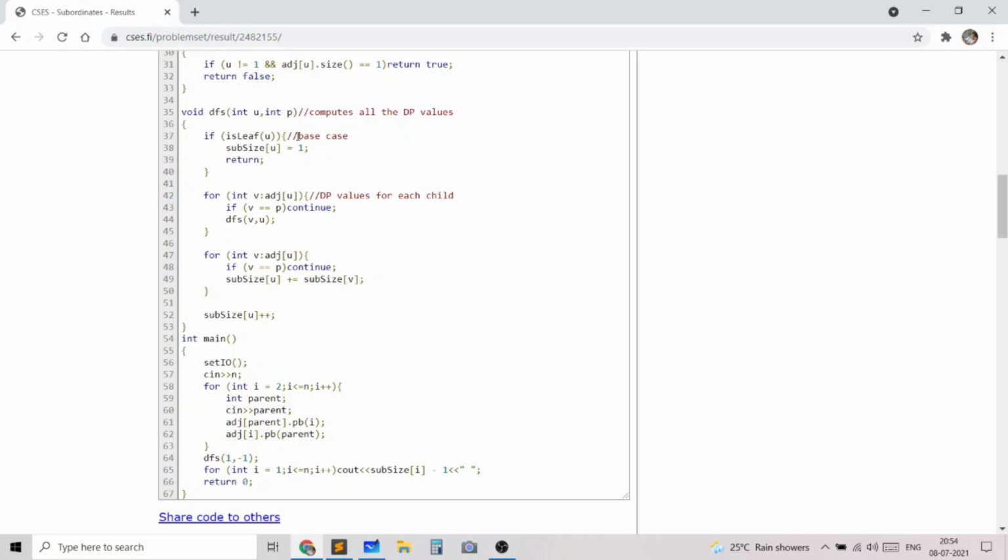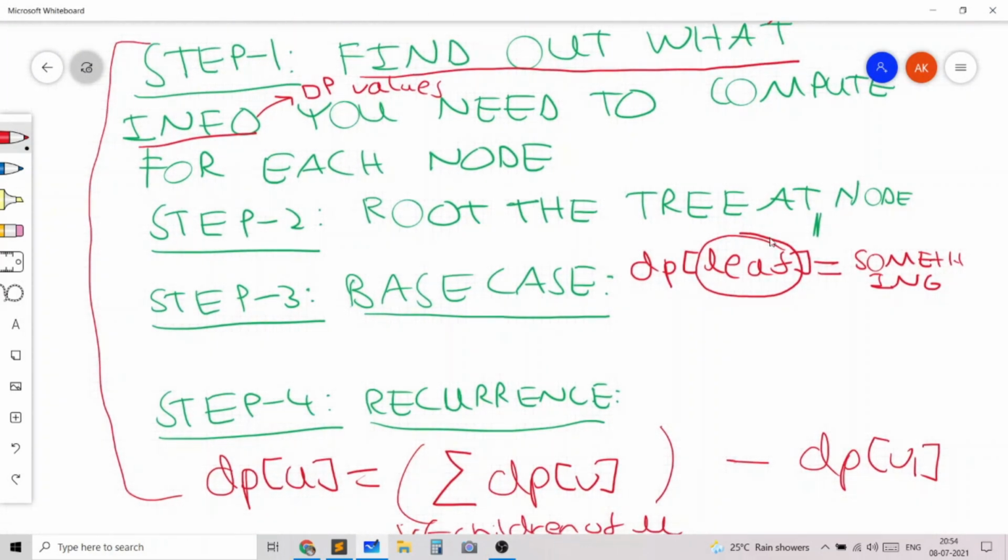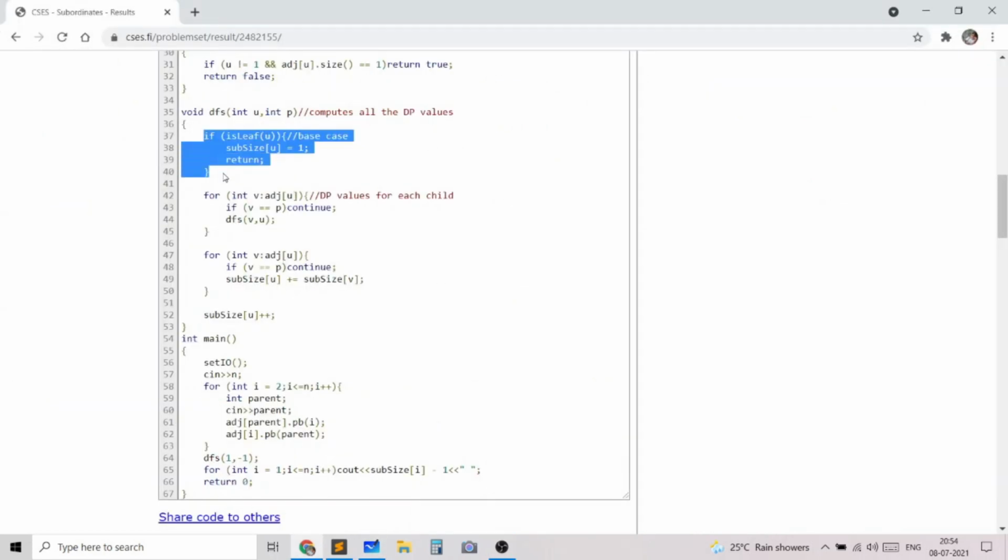The three parts are basically the base case. In most problems, the base case is just going to be the leaf. So dp of leaf will be equal to something in most problems, and that will form a base case. Then the recursive case, which is point 3, will also most likely be something of the form adding all the dp values for each of its children, and that you should write separately from the second part, which is computing the dp values for each child. So if you follow these 3 steps for your DFS function, which computes the DP values, any DP on tree problem will be easily solved by you.